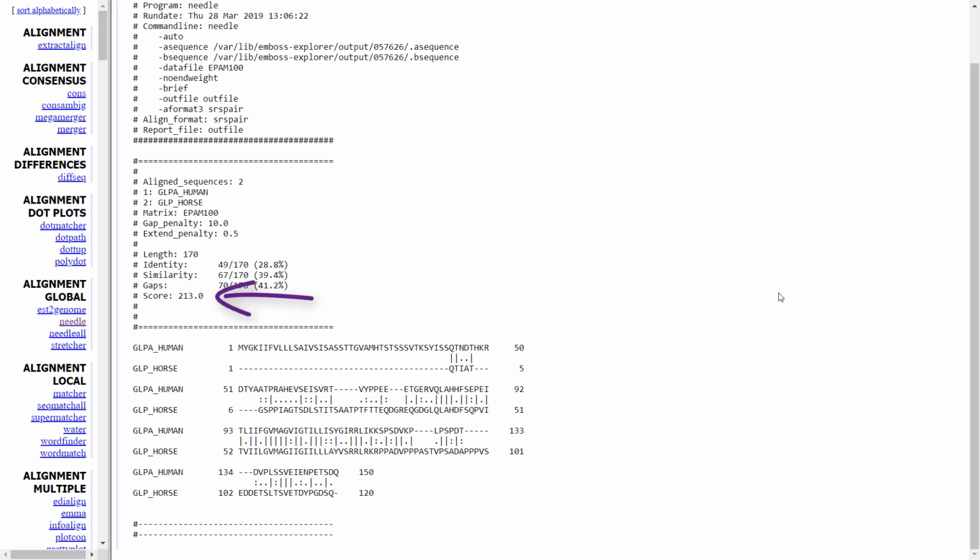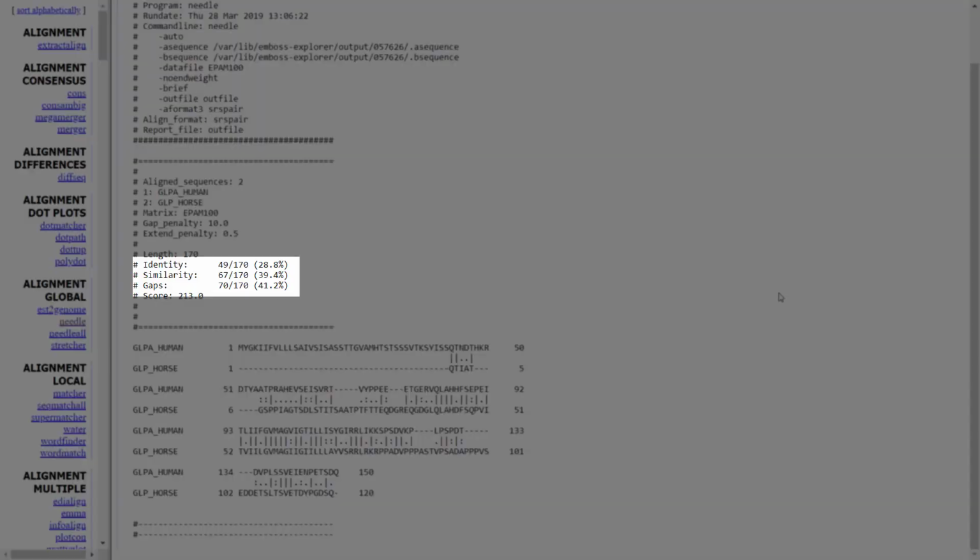The score of the alignment is 213, but this number has no meaning by itself. Rather, calculated percentages will provide meaningful information. The percent of identity is the number of identical amino acids, represented by lines, divided by the alignment length, which in our case gives